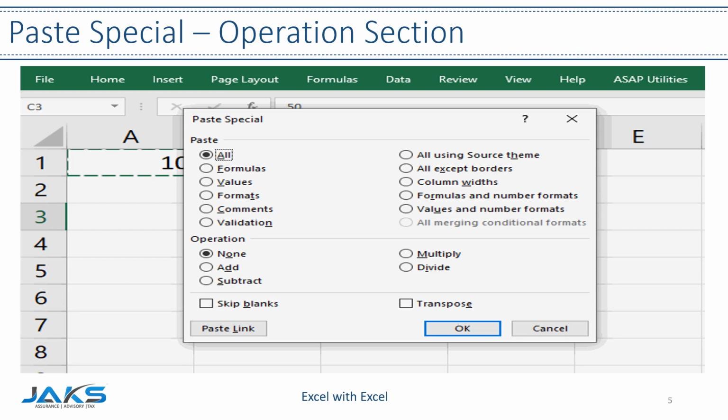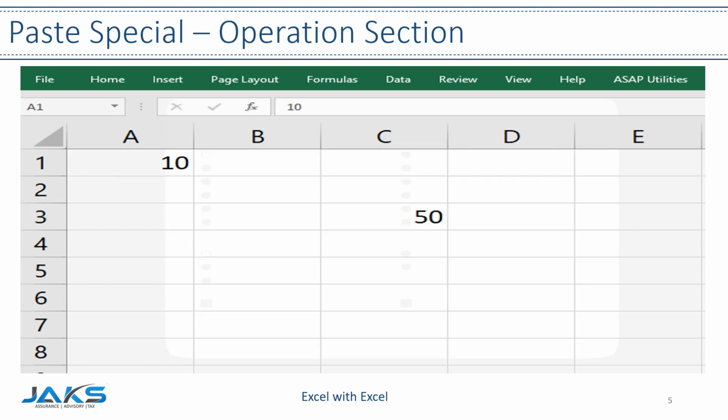As mentioned in the paste section, in this section also, you can select the options either by clicking on the radio button on its left side, or by pressing the underlined letter. First option in this section is none. As the name suggests, it does not have any effect, and there is no point in discussing much about it. You can use this option to void any selection you made erroneously in this section.